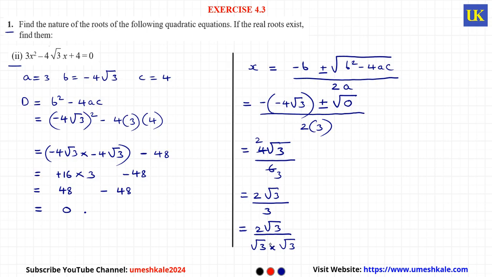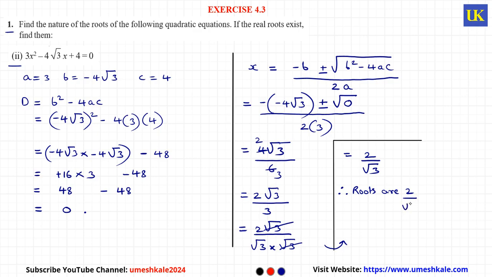So we can rearrange this. So this root 3 and this root 3 will cancel with each other. Then we will continue here. So what we will remain with is 2 divided by root 3, right? 2 divided by root 3, and this is our answer. So therefore the roots are